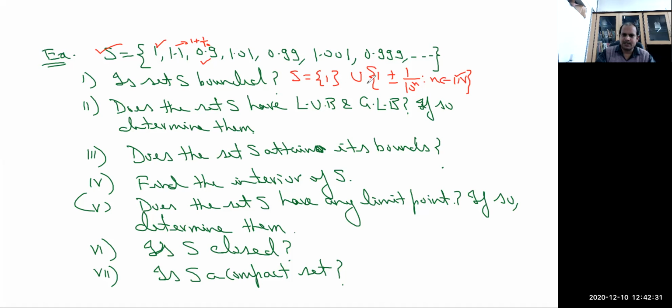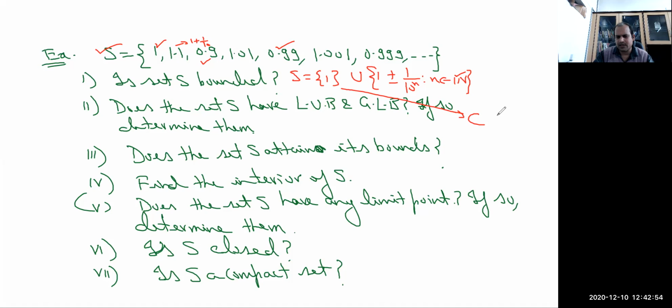So clearly this set can be contained in a bounded set. Say this set S is a subset of [0.9, 1.1]; clearly its least element is 0.9 and the largest one is 1.1, and every element is enclosed in between, so it has an upper bound as well as a lower bound. So clearly this set is bounded.